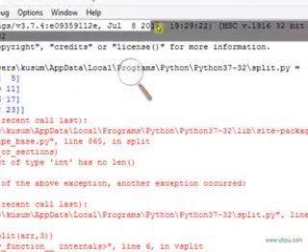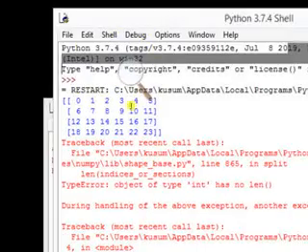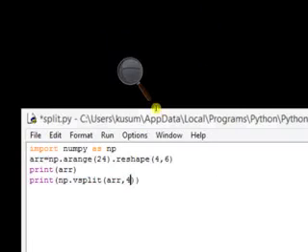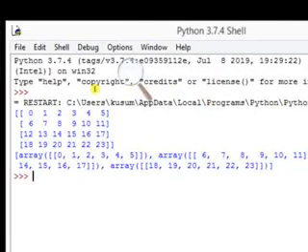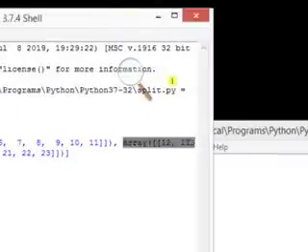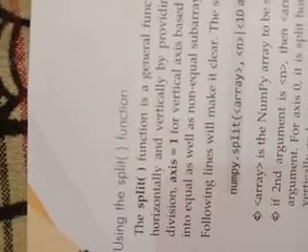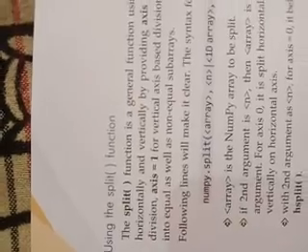Now the next one is the split function. The split function is a general function using which you can split a NumPy array both vertically and horizontally. But how do you identify between vertical and horizontal? By giving the axis value. If you have given axis equal to 0, then that is for horizontal, and if you have given axis equal to 1, then that is for vertical.